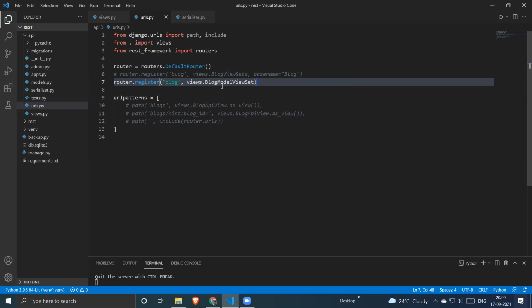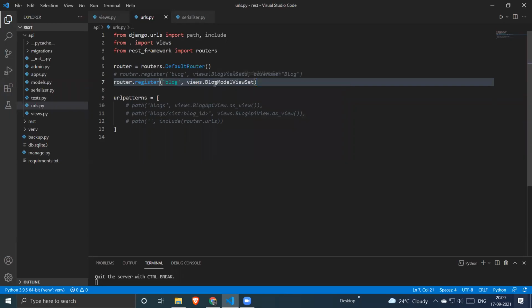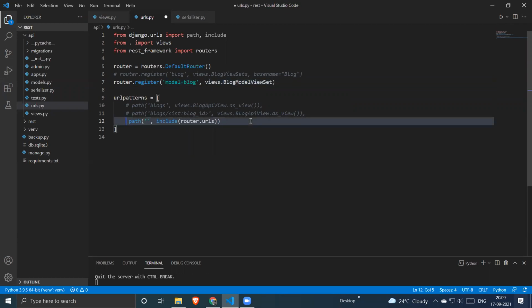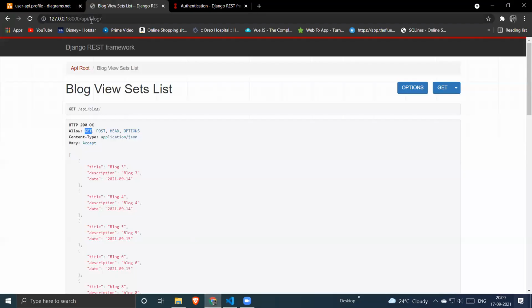Okay, so let's go to our browser and check it. Let me change this blog view to model view set, model blog. Okay, we need to define a URL pattern for that first. So let's visit this URL, blog underscore blog view set.